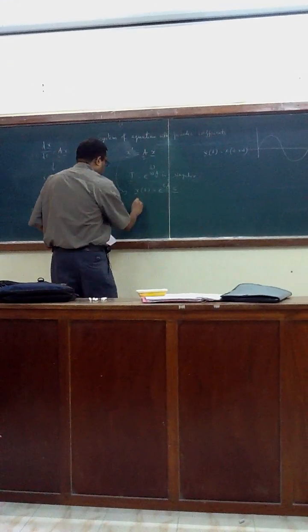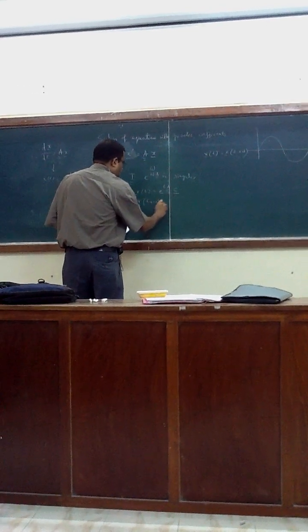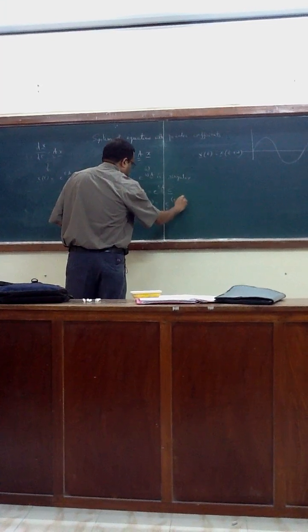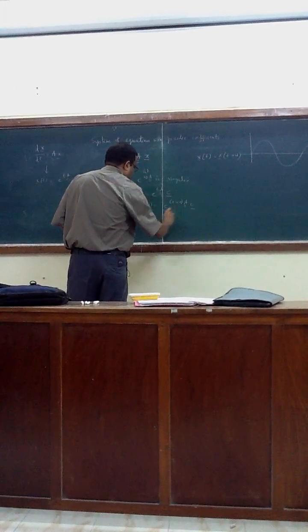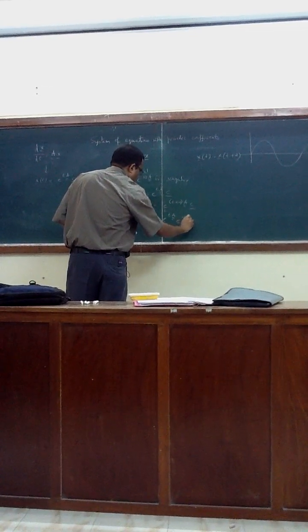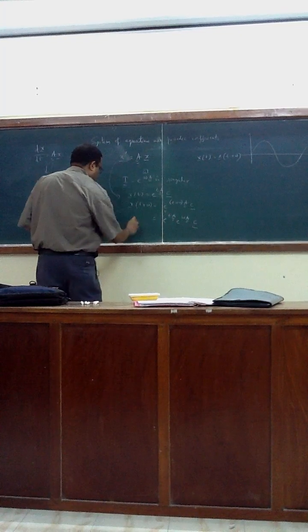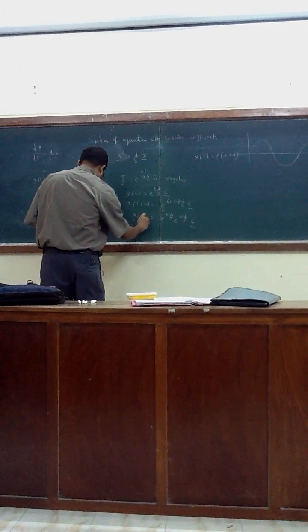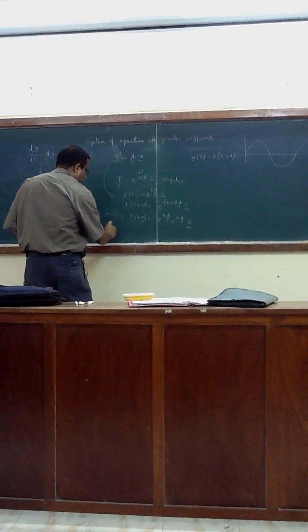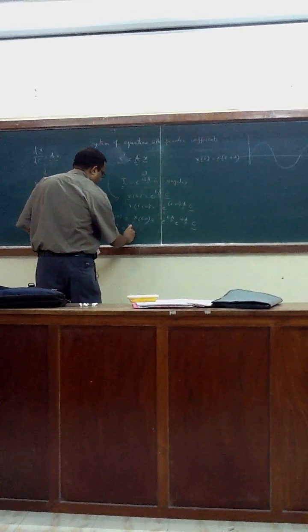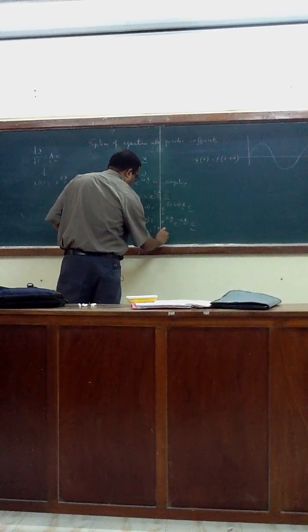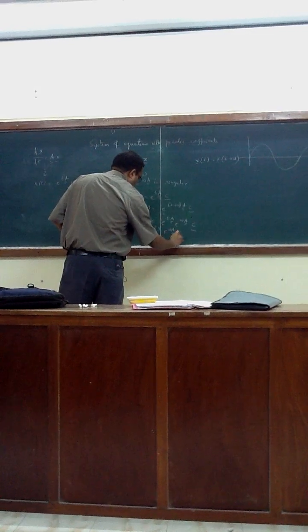And x bar t of t plus omega will be e to the power t plus omega a into c. It is e to the power ta e to the power omega a into c, which is x bar t plus omega, which is also equal to x bar t, the periodic solution, which is nothing but e to the power ta into c, e to the power ta e to the power omega a into c.